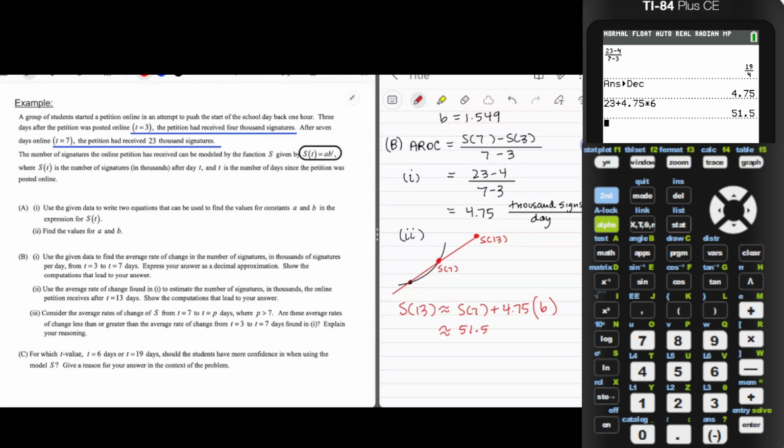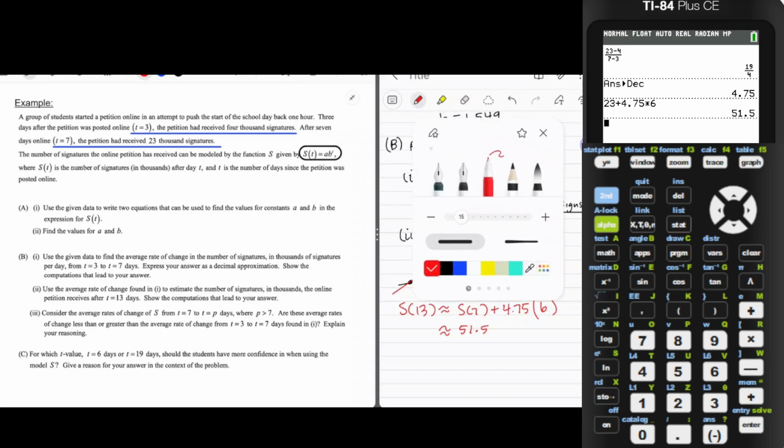Consider the average rates of change of S from 7 to P, where P is greater than 7. Are these average rates of change less than or greater than the average rates of change from t equals 3 to t equals 7 days found in B1? Well, I'm going to just get rid of that whole discussion because if I want to do B3,